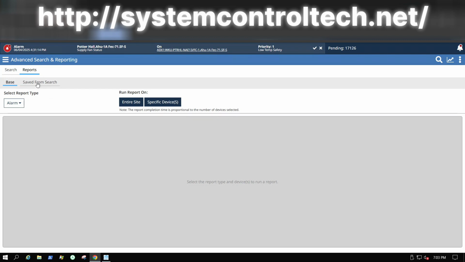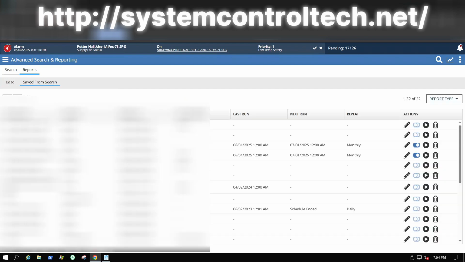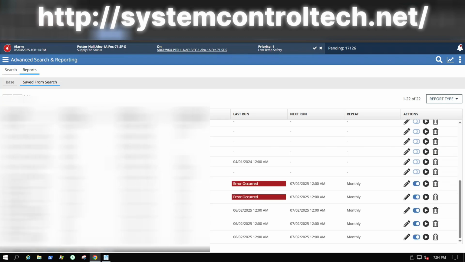You can also click here, and this is going to be where you have built reports. Any of those reports that you have built are going to be saved here. And you can go in and you can modify them. And if there is an issue, just like these here, we had an error on these 2 reports. This is something that if you do get, or if the system notices some type of an error when that report tries to run,